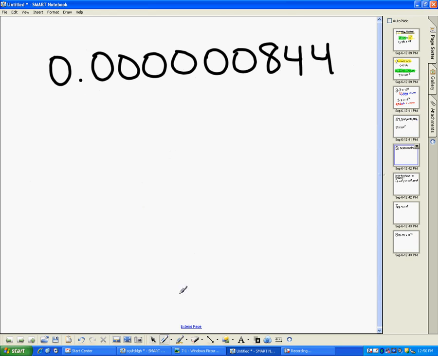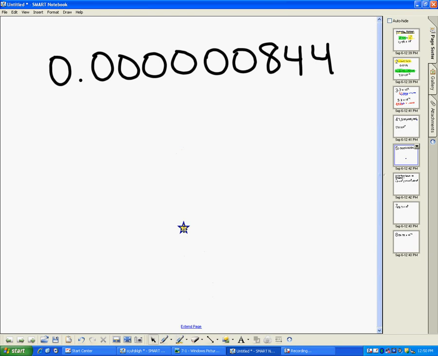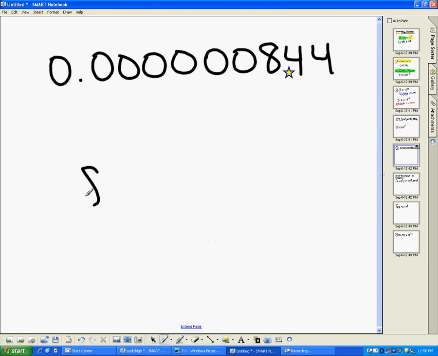Alright, here we have another example. This is in standard form. Again, I want to figure out where I'm going to put my decimal. And there is one here. So wherever I put it, I've got to count it back to where it is originally, okay? And so the decimal would go right here because that creates a number between 1 and 10. That creates 8.44. It's going to be times 10 to the power of